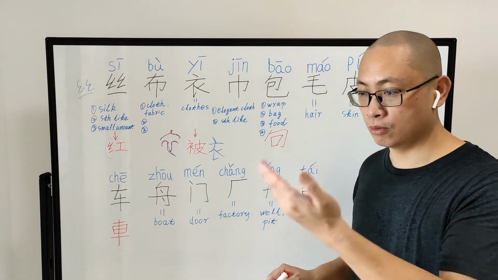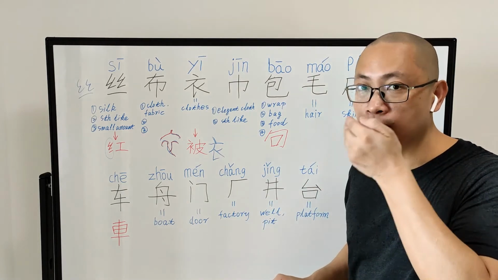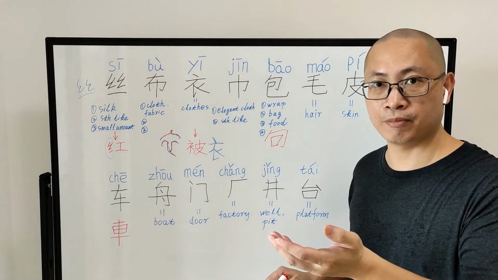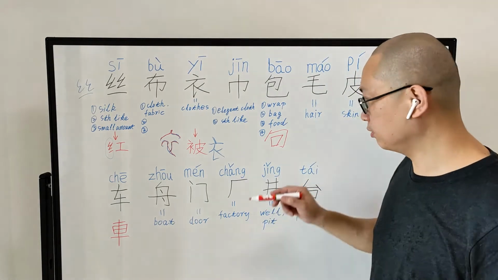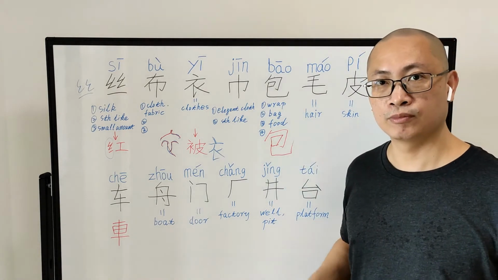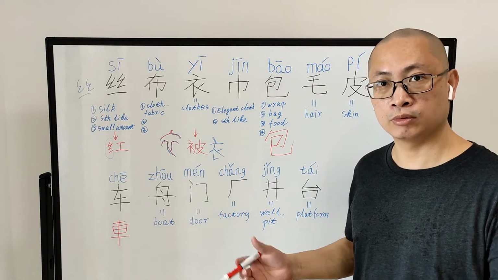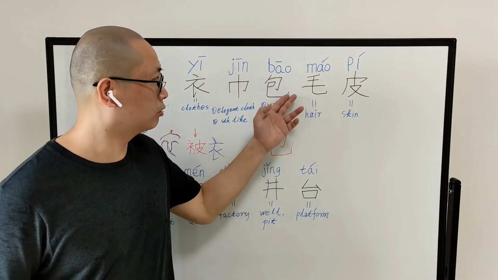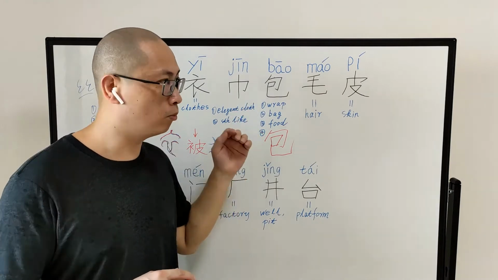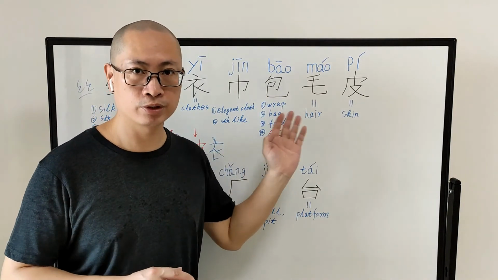Cover your mouth with your hand. Wrap your mouth with your hand. But there is something still leaking out. Wrap, 包. Next character, 毛, second tone,